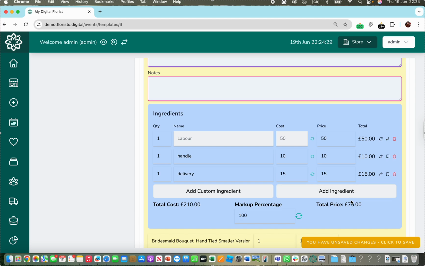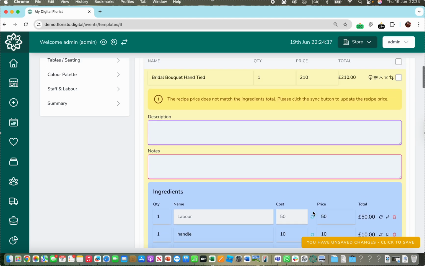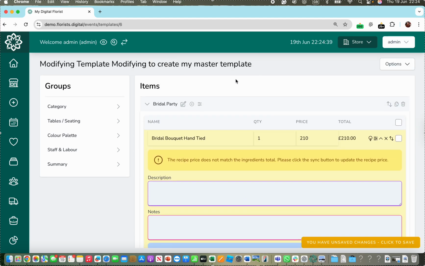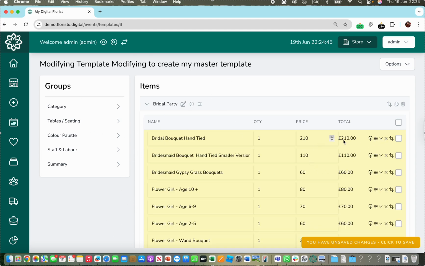I just need to think about how much flowers I am putting into it. So hopefully that makes sense about why quoting with templates is useful, but also the building in of all the labours into your templates to make it easier for when you get to